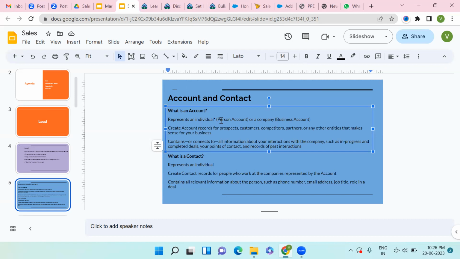If you go to any on-site event and you have delivered your product pitch, and more than 100 or 1,200 people are interested in your product, you cannot make an entry one by one. So what you will do is create a flow, or you can create a process builder, or you can also create a trigger, which comes under the development part.